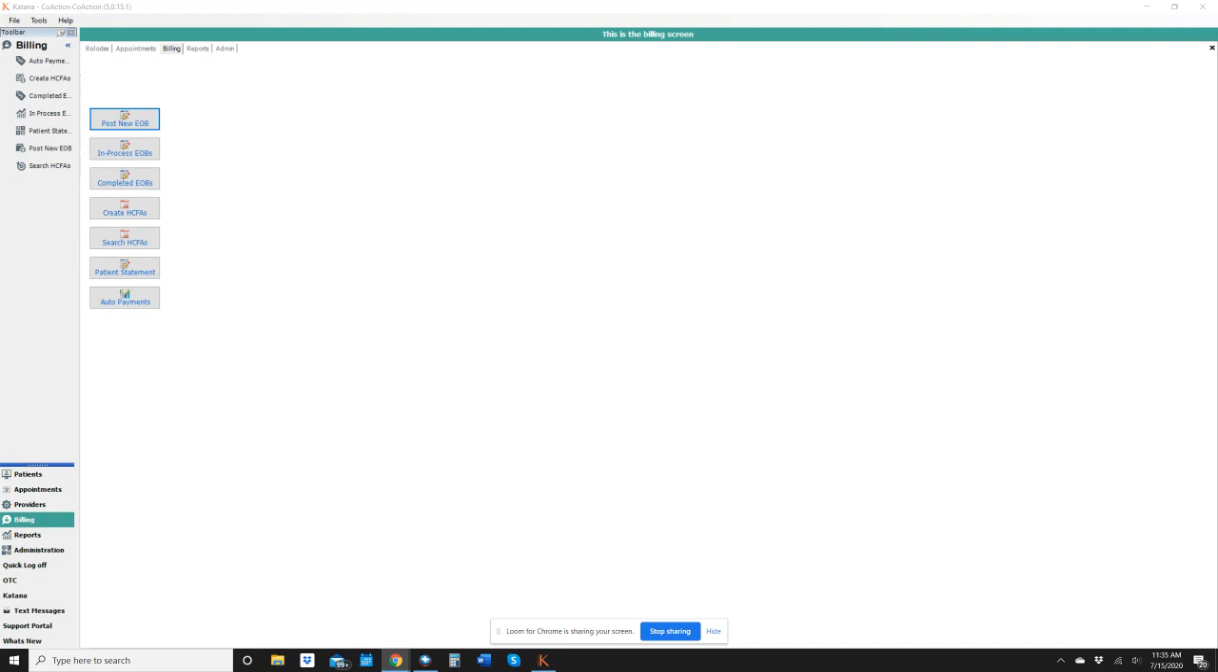The patient statements can be run as detailed, which will include insurance breakdowns, or as a simple patient statement. You can also attach interest to any past due balances owed from a specific time frame, and patient statements will need the number 9 envelopes if you are mailing them out. To create patient statements, we will go to Billing, Patient Statement,